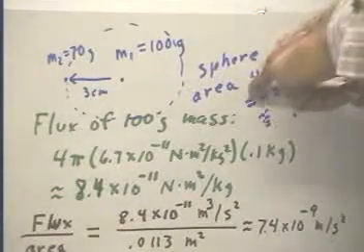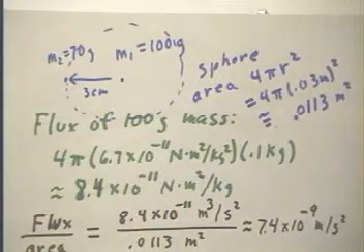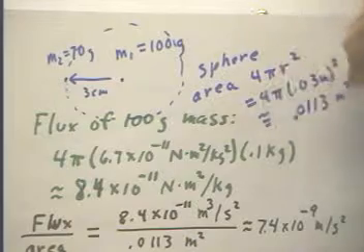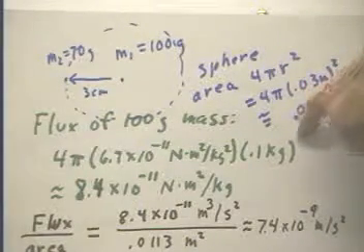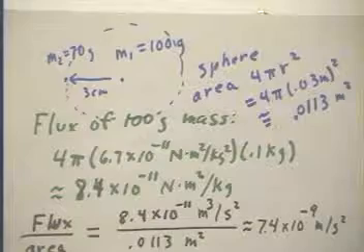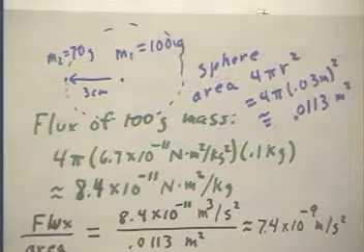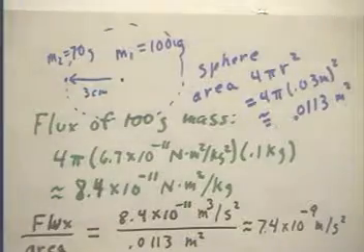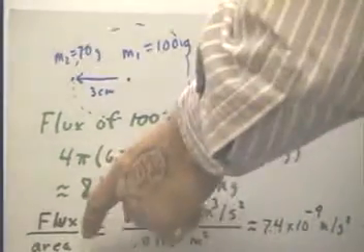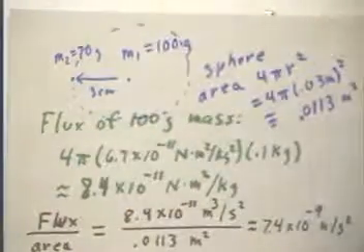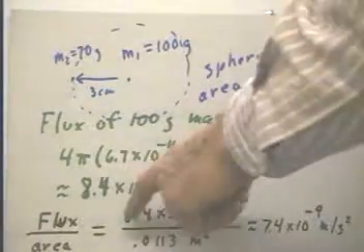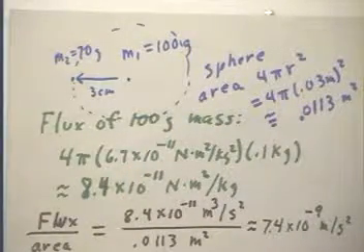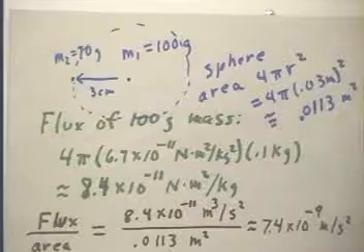Well, the sphere area is going to be 4 pi r squared, that's the area of a sphere. R is 0.03 meters, so we end up with this expression, which we easily put into a calculator and get approximately 0.0113 square meters. Then we calculate the gravitational field. The gravitational field is the flux per unit area, so we divide the flux by the area. The flux of 8.4 times 10 to the negative 11th Newton meter squared per kilogram by the area, 0.0113